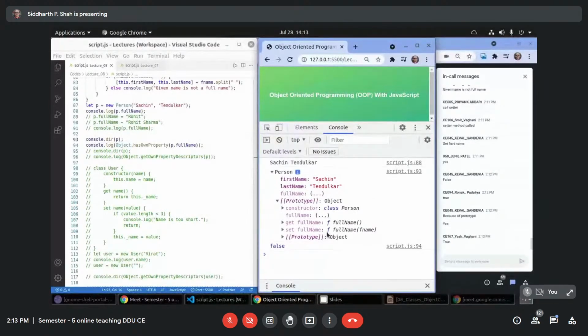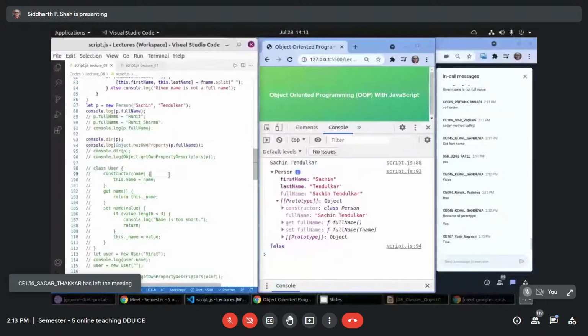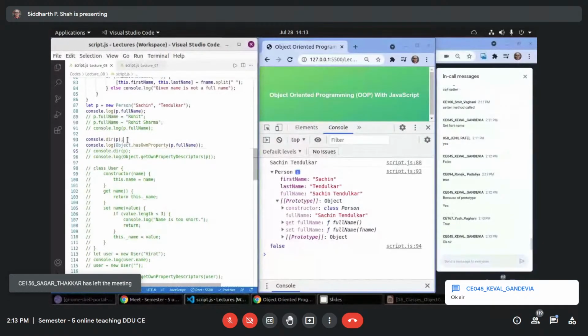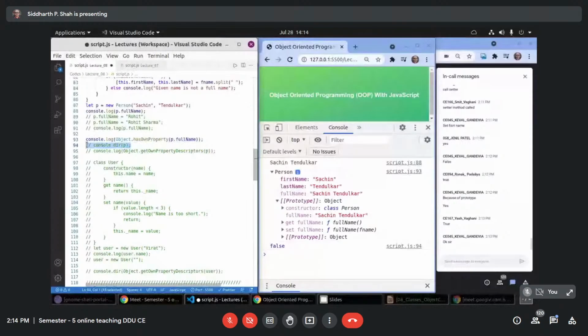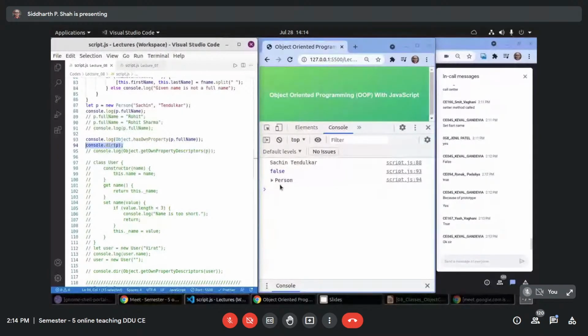It is not showing any value because it will be shown only when you calculate it. It is actually a property of the prototype. Though it is shown here, it is not a property of the person class object. It is a property within the prototype. Okay, so it was there actually. I forgot to show that. It was here, right? So it is there.